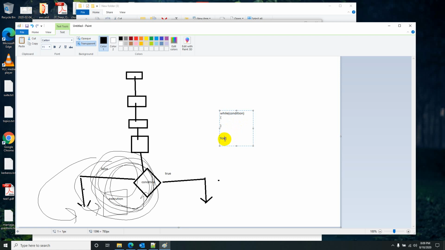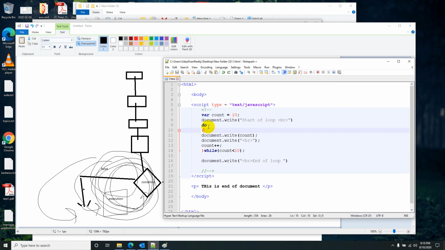Of course the condition will be there, and before the condition there is an initialization statement, and the third one will be the iteration statement. So to change this do while loop a bit like that, let me change it to while.